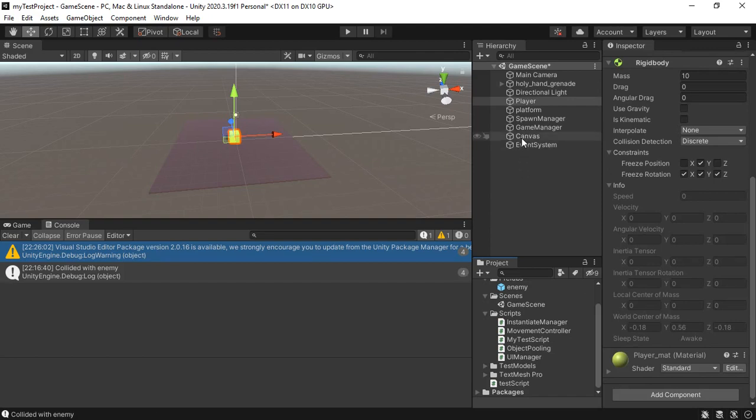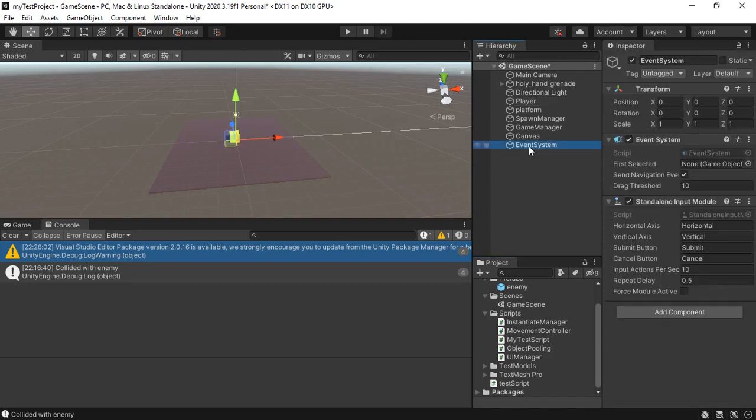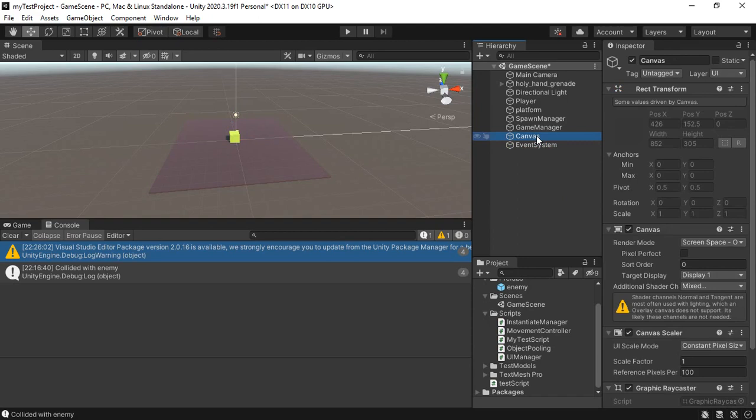And I already have a canvas system. You need just a canvas and an event system for every scene in your project. You usually want to have just one event system, and you can always create every single one of the UI elements under just the canvas, except when you want some workspace and a little bit of specialized canvas system here. But for now we're working with the canvas and the